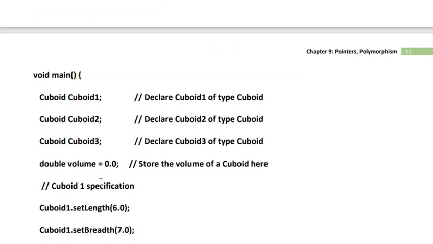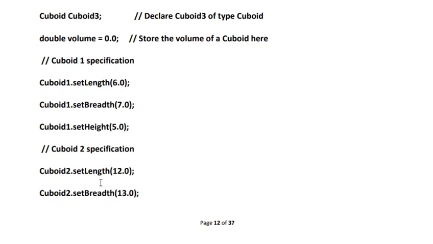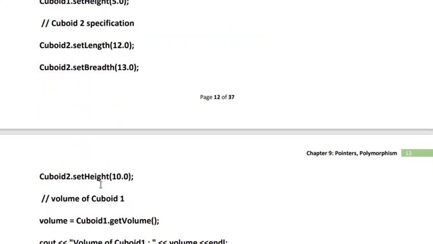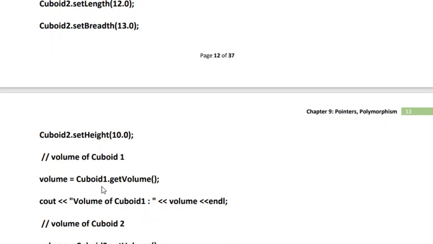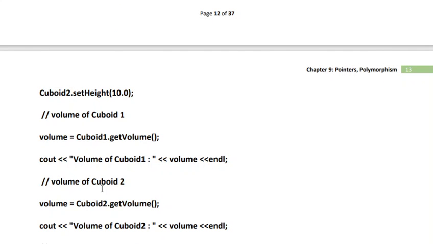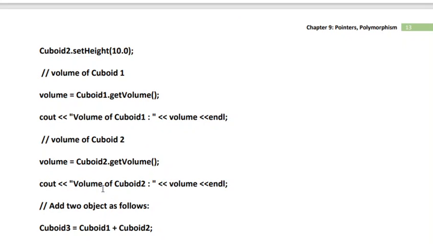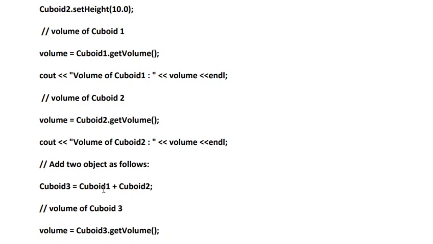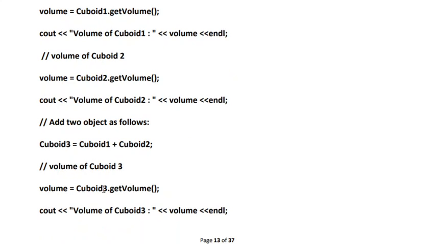Then we initialized the first cuboid and the second cuboid with sets of values. Then we determined the volume for cuboid 1 and for cuboid 2. And then we called the overloaded operator in order to add two cuboid objects, and eventually we determined the volume of the third cuboid. So this is the way we can implement